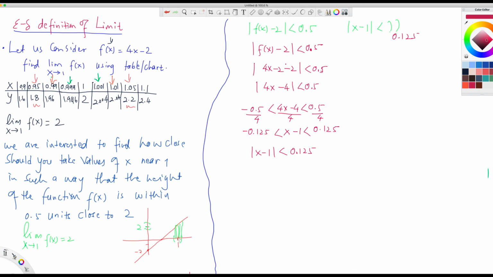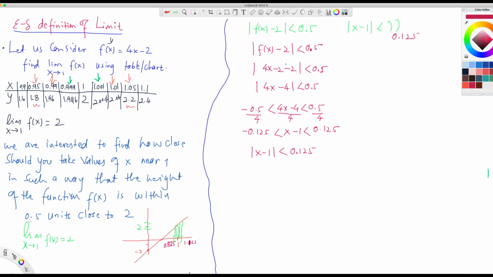So if you take 1 minus 0.125, that will be 0.875, and 1 plus 0.125 is 1.125. So if you take the x value between 0.875 and 1.125, then your y values will be